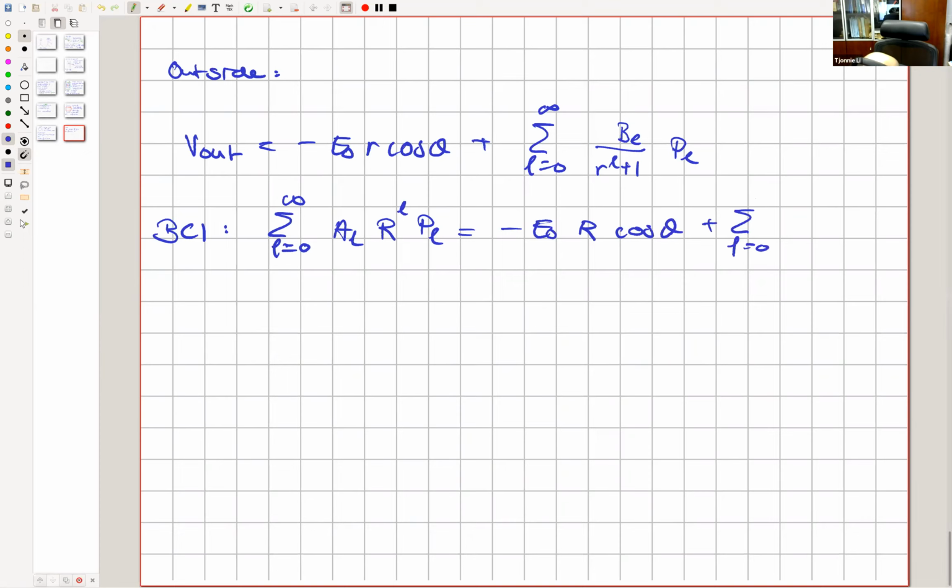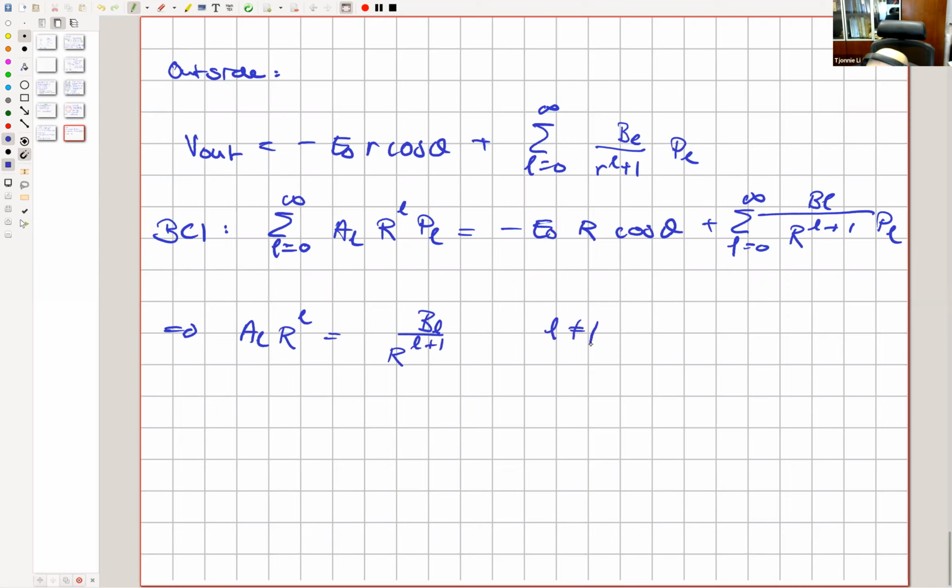plus the sum from L equals 0 to infinity of B_L divided by big R^(L+1) P_L. And here we must have that each of the L's must agree individually. We end up with two equations. So this is A_L R^L equals B_L over R^(L+1)